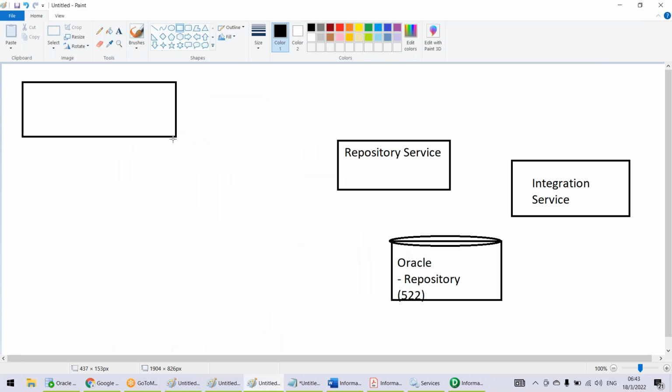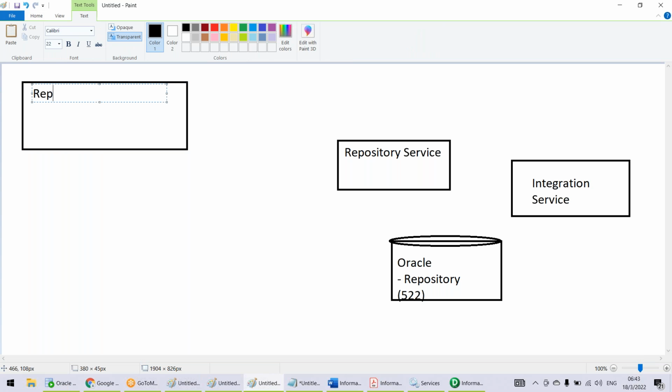The first one is the repository manager. The name itself is indicating it: to manage your repository, you can create new folders,